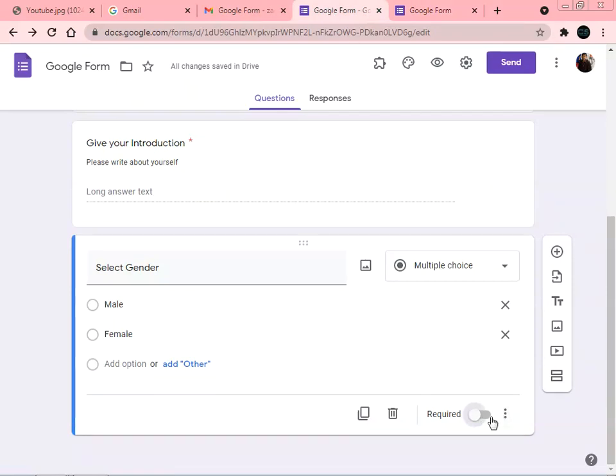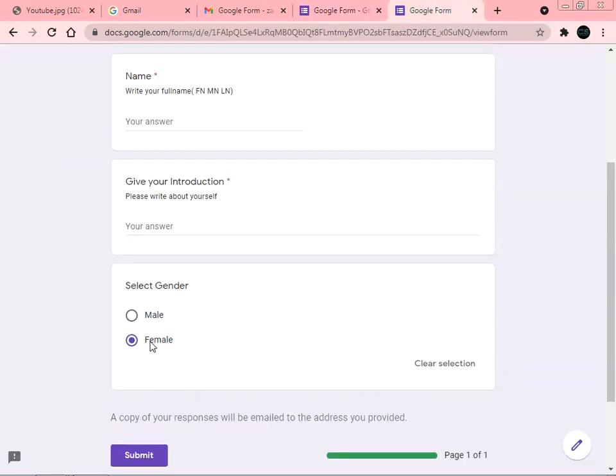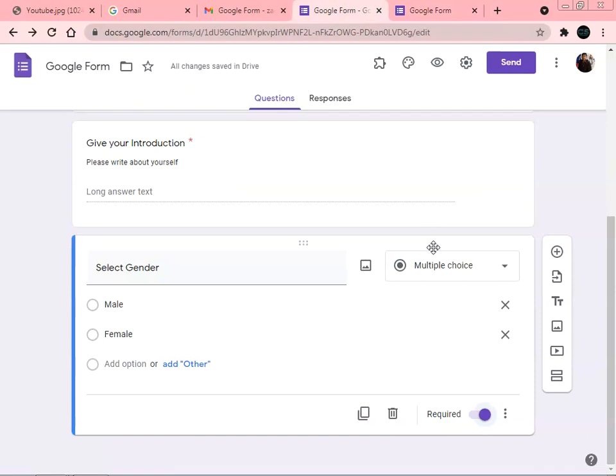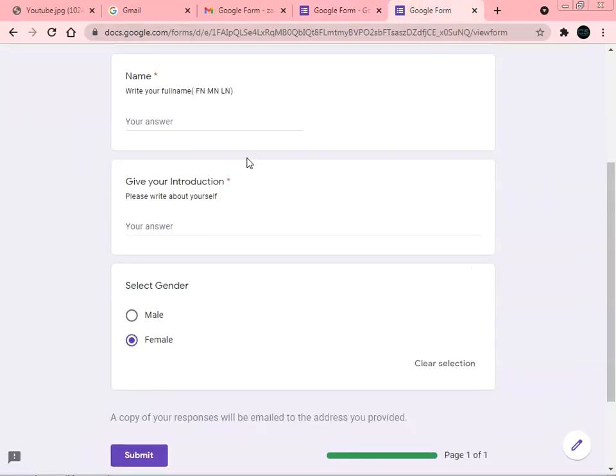So here we have to validate it. Validation means we have to make it required, otherwise if the user does not select male or female, your form will accept it because you are not validating it, or we have made it not required. So see, once you select required, we will get this red asterisk here.